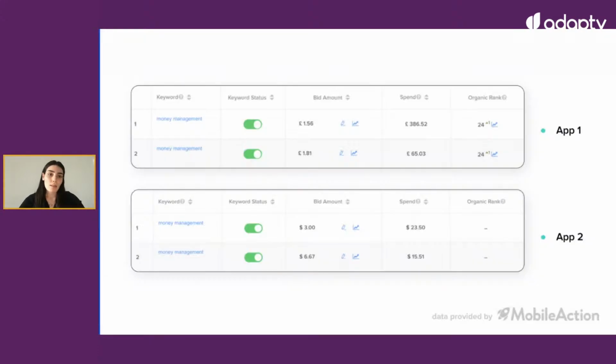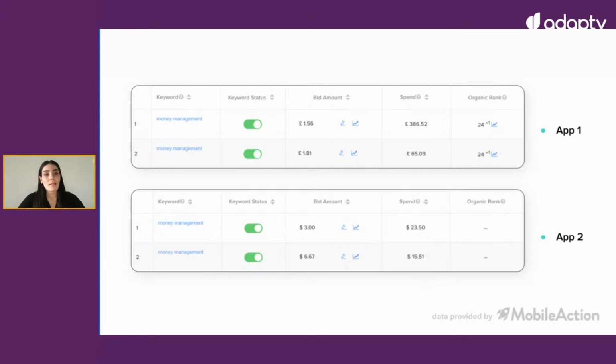We have been talking about this at Mobile Action in webinars, blog posts, on client calls, and literally everywhere. App Store optimization and Apple Search Ads go hand in hand. When we check these two examples from two different finance apps that are using searches.com, they are in the same genre and they are bidding for similar keywords. However, while one of them is getting results from the keyword money management, the other app can't spend for the exact same keyword, even though its bid is higher than the first one. The first app has higher spending and organic ranking for the money management keyword with lower bids compared to the other app.